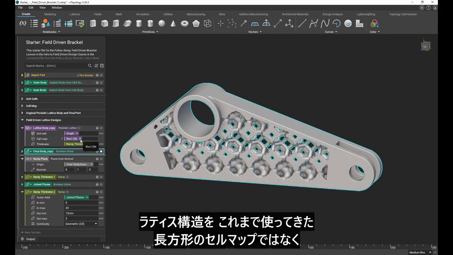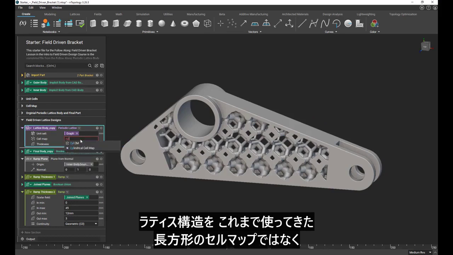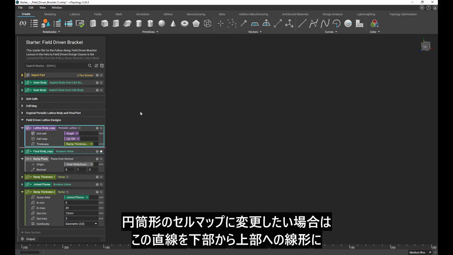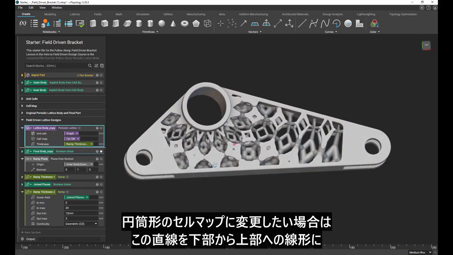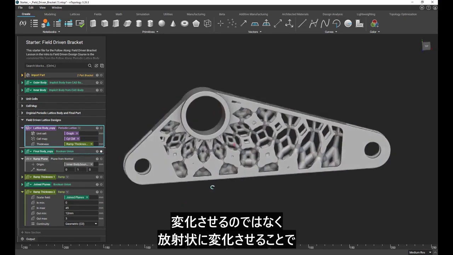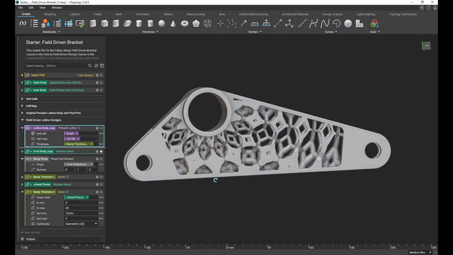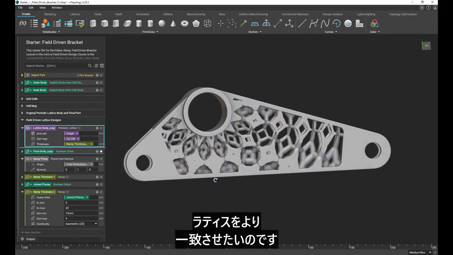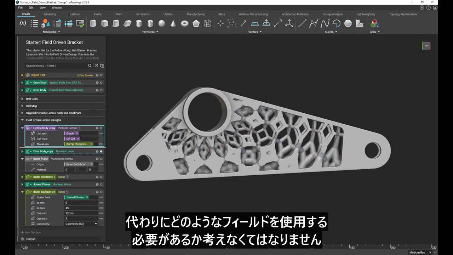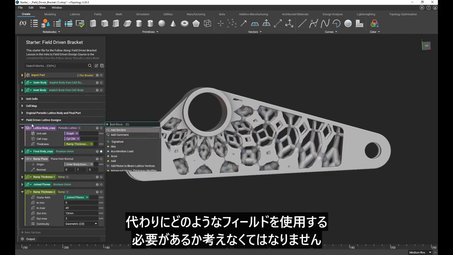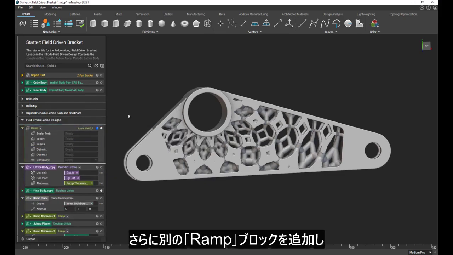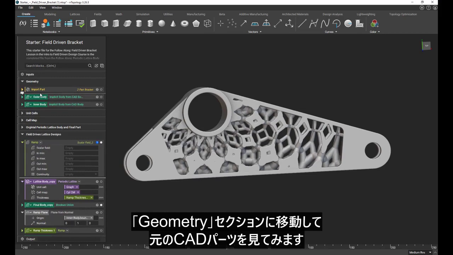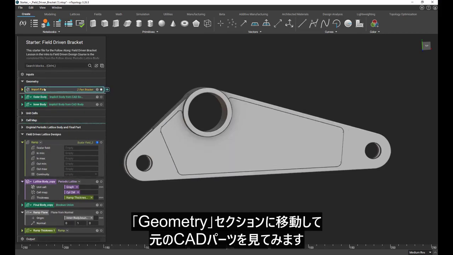If we now want to change the lattice structure to have a cylindrical cell map instead of the rectangular one that we've been using so far, and instead of having this straight line linear change from bottom to top, we want a radial change that matches the lattice better, all we have to do is think about what kind of field we would need to use instead to achieve that. We will again add another ramp block,